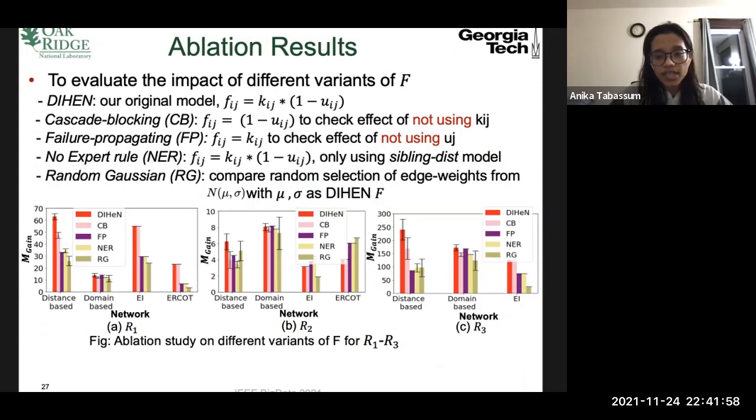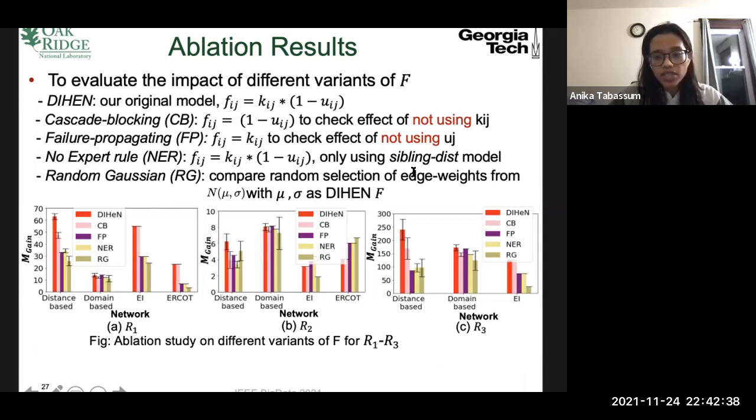So we also did an ablation experiment where we want to show that every variant of our failure model F is important. So for that, we select edge weights using each variant of F separately and select our critical nodes using the same method as Diane. For example, Diane is our original model where we used both propagation probability and cascade blocking, where CB is the model where we used edge weights only based on cascade blocking, FP is based only on the propagation probability. No expert rule, or NER, is where we remove the expert model from the edge weight, and then